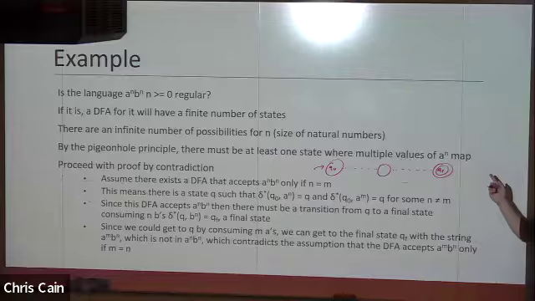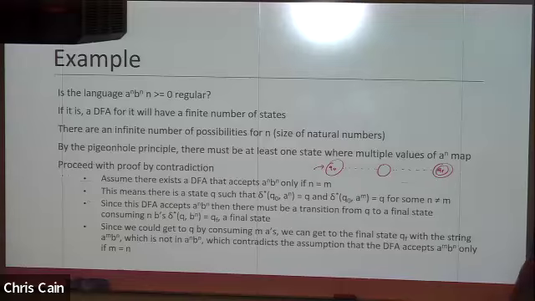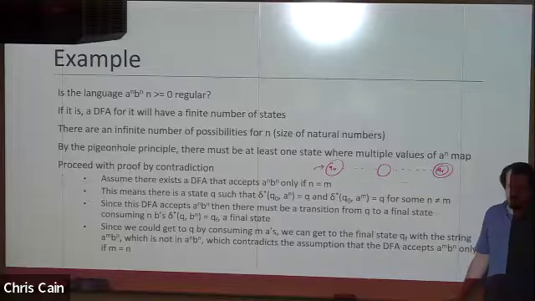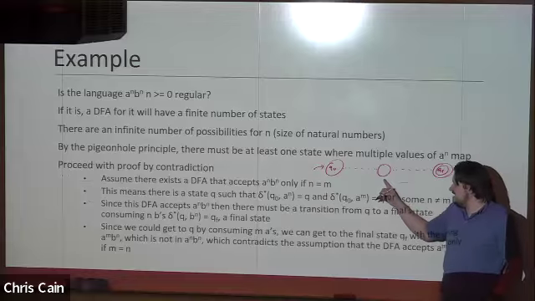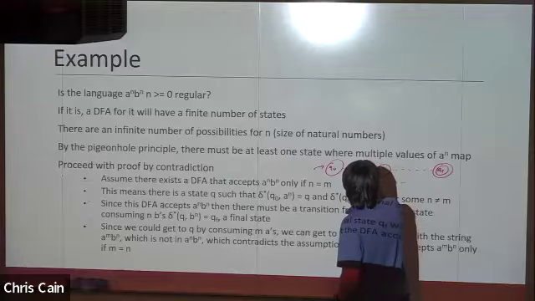But because there are an infinite number of values for n, and a finite number of states, it must be by the pigeonhole principle that we can select two of them. There must be two of them where both reach this state after consuming their A's and before consuming their B's. So it has to be possible getting to this state that we could consume some number